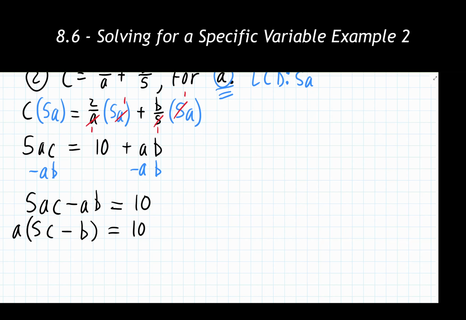And now I'm looking at this and saying I have the variable a, the thing I'm solving for, multiplied with something. Now this something is a big, maybe gross looking binomial, but as listed in our notes, we can treat all variables as if they were just numbers. So this whole binomial that I have here might as well be the number 10 or the number -3 or +7. So I can divide by that.